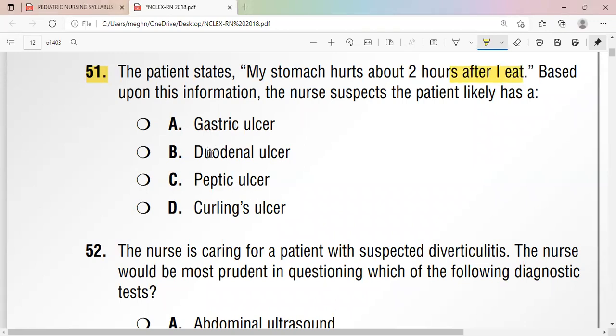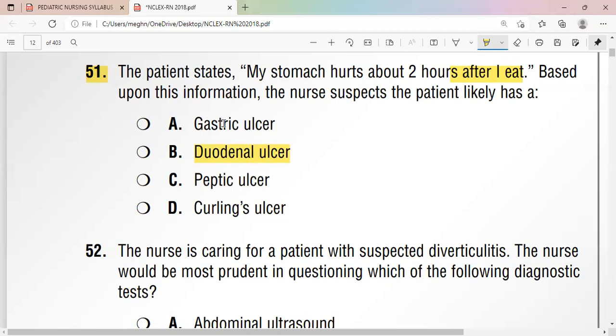Gastric ulcer and duodenal ulcer are types of peptic ulcer. The main distinction is that they affect different parts of the digestive system, right? So the correct answer here, answer B, means duodenal ulcer. Duodenal ulcer always occurs after eating. So in case of the gastric ulcer,